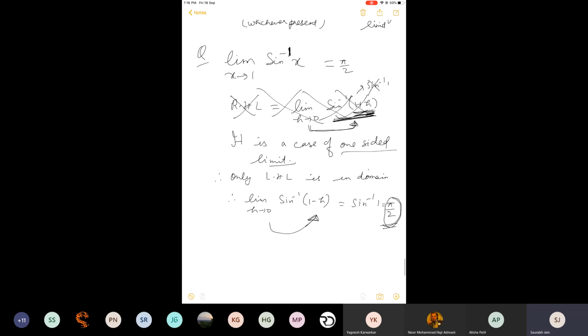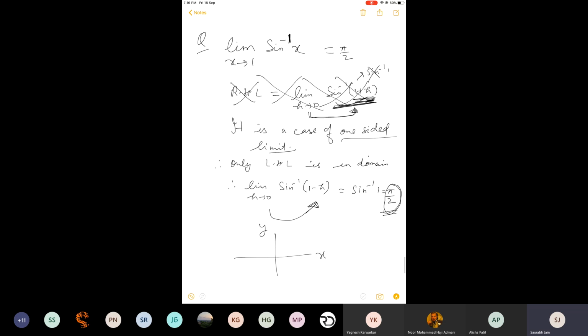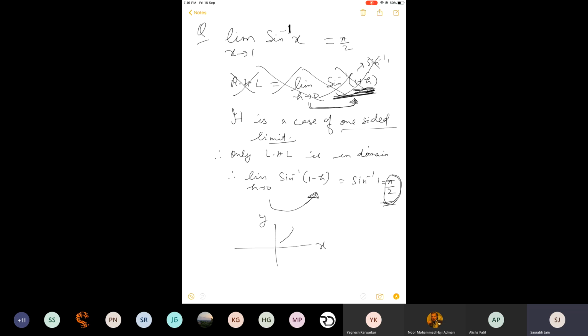Lastly, if I try to understand this graphically, then also you will understand. Everybody knows the graph of y equals sine inverse x. It is like this. This is pi by 2 and this is minus pi by 2. You should be comfortable in the graphical approach also, because we devoted a whole class to graphs, right? And we have studied graphs in almost every function. So without graphs, it is useless to study calculus.